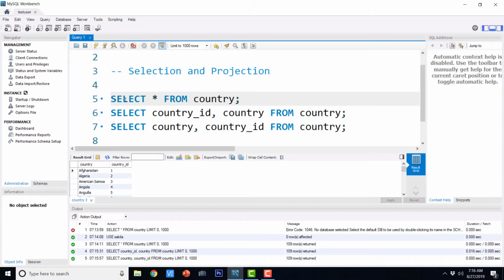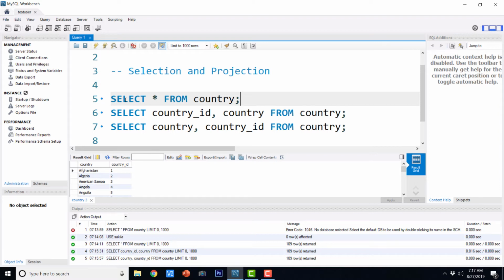As of now, we are not using the where clause. That's why it is selecting all the rows from our database table. So this is the very basic and primitive form of select operation in SQL. And as I told you already, project operation means projecting or selecting only a few columns and in any order that we want.